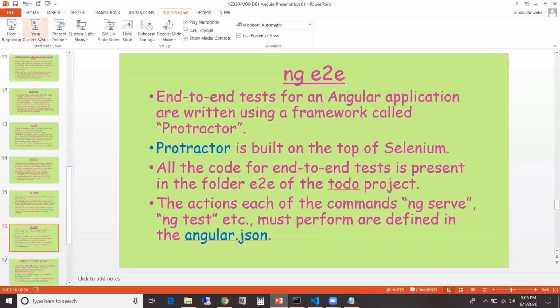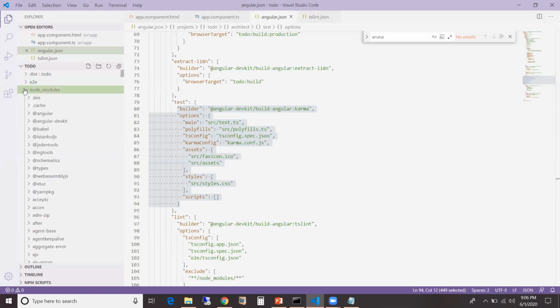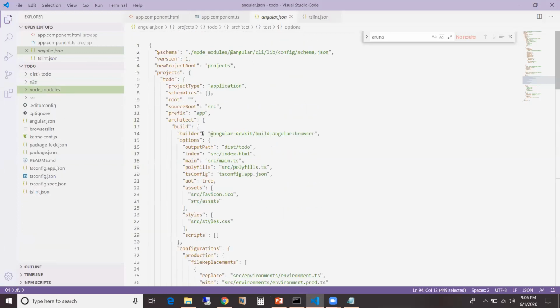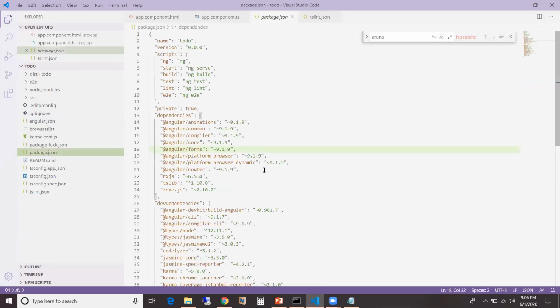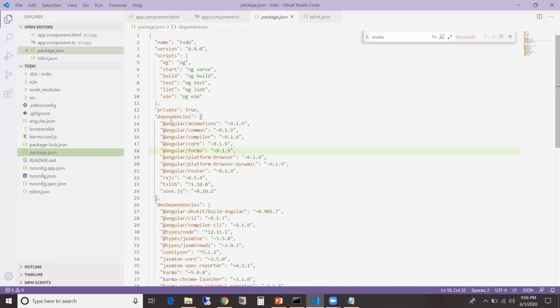Equivalent of Maven in Java world. Say it again, equivalent for Maven? No, the Maven thing is different. So that is also dependencies. No. So this file, that is package.json. Okay, got it. Is it like package.xml? Okay, I get it. And this angular.json is for?